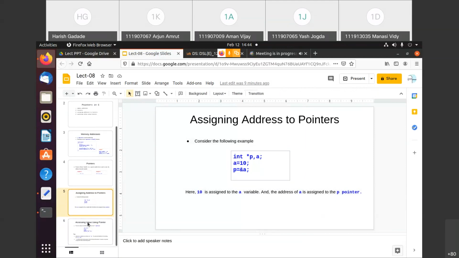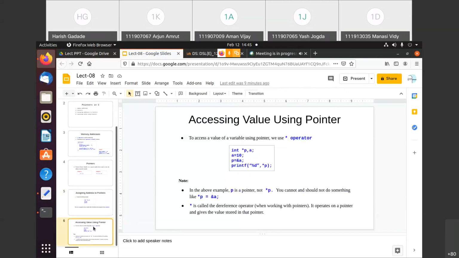Now how do we access this? See here, this example I have also given here. With printf %d and star p, what would be the output of this one? See here, this p is having the address of a, and star p means pointing to that address.